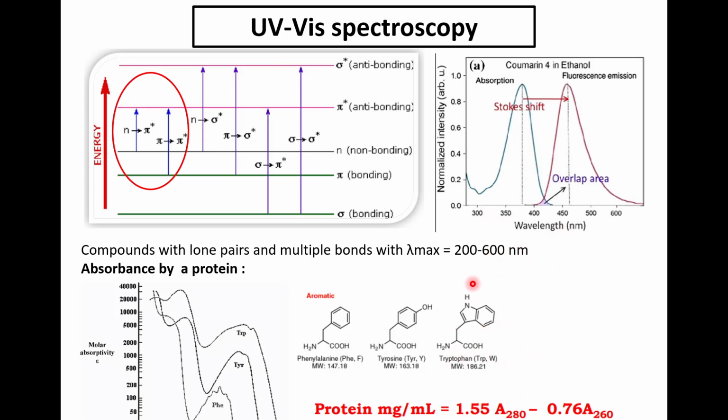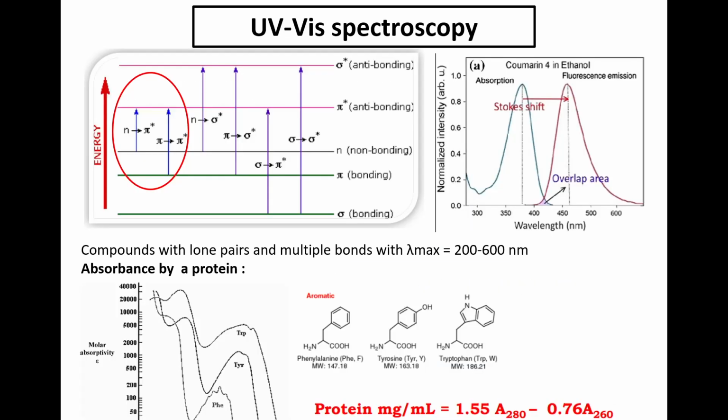And once you find that, this is a formula by which you can calculate the concentration of your protein in mg per ml from the absorbance. That is, you take the absorbance of your protein sample at 280 nanometer and 260 nanometer, then you put the values here and subtract, and you will get the idea about the protein concentration in mg per ml. Okay,